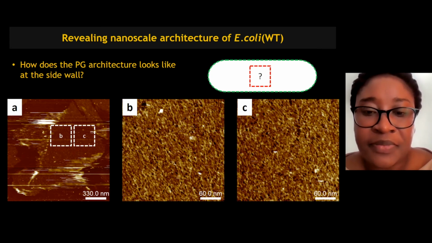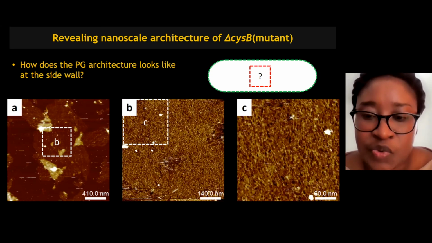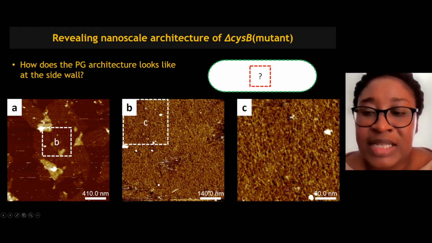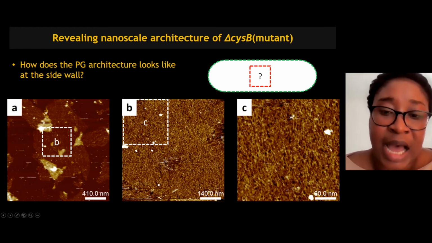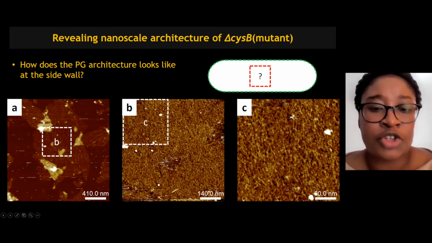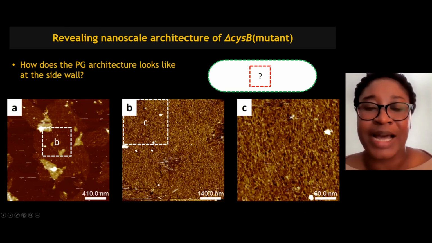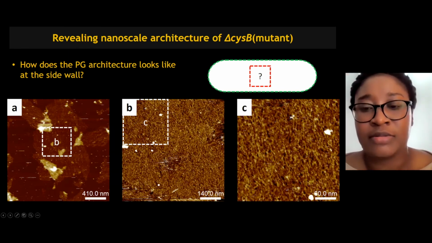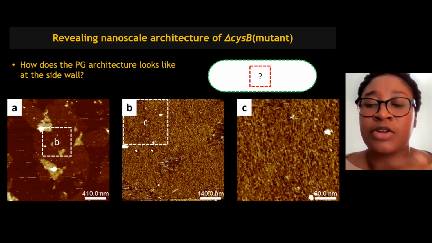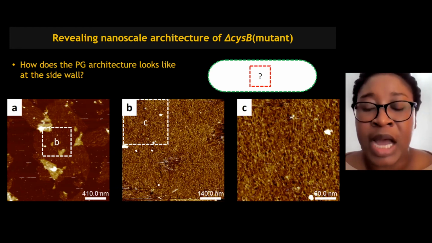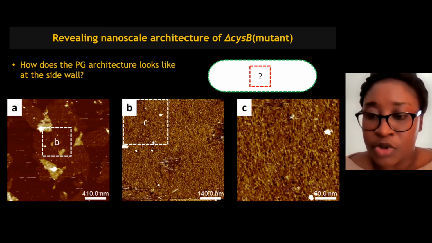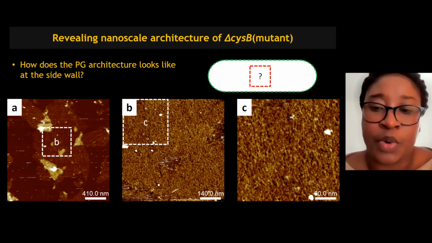Next, please. When we look at that as well, we also have a very good resolution, and you can see that it's also a well-oriented and ordered structure. So far, with the images that we have, we could not see any major differences, just reflecting what Jacob found from the biochemistry analysis as well. We did not see any difference. The only thing is that they are both oriented with respect to the sidewall.